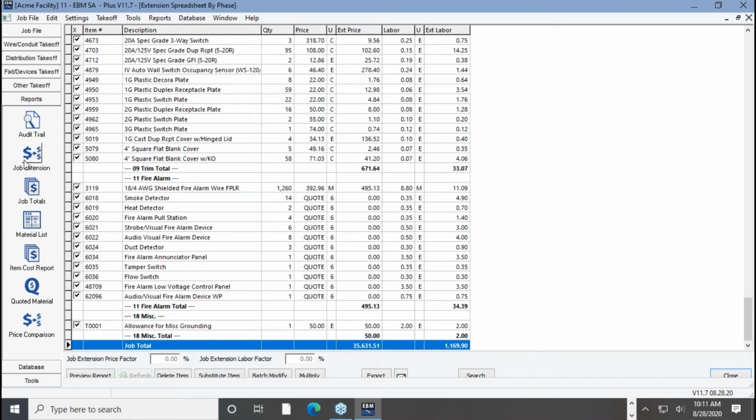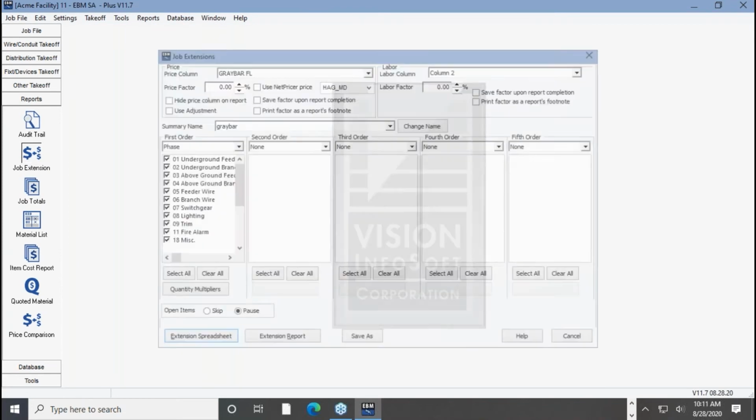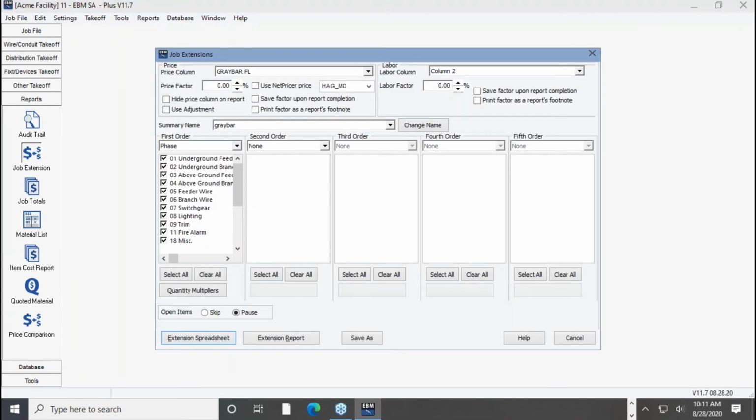Now the other option is something called Net Pricer. Kind of similar, but not really the same. Net Pricer is, again, something you set up with your local suppliers. Now, this one you have to pay for. It's typically not free. But what this is, is online on-demand pricing. So with the job that you've selected,